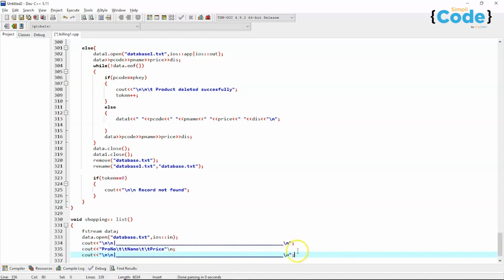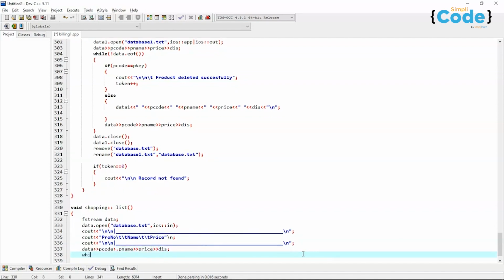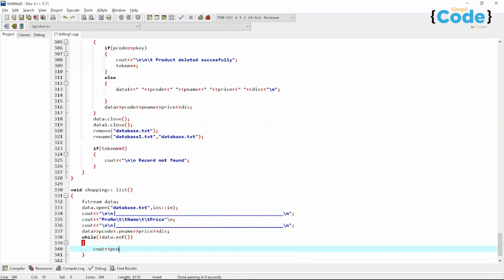You can design it in your own way, and now we can do the reading part. Data, p code, then p name, as we have done previously, price, dis, while loop. Inside the while loop again we'll use not data dot eof, now inside this file we'll write the product code, product name, and the price. We'll start with product code, then product name, that is p name,